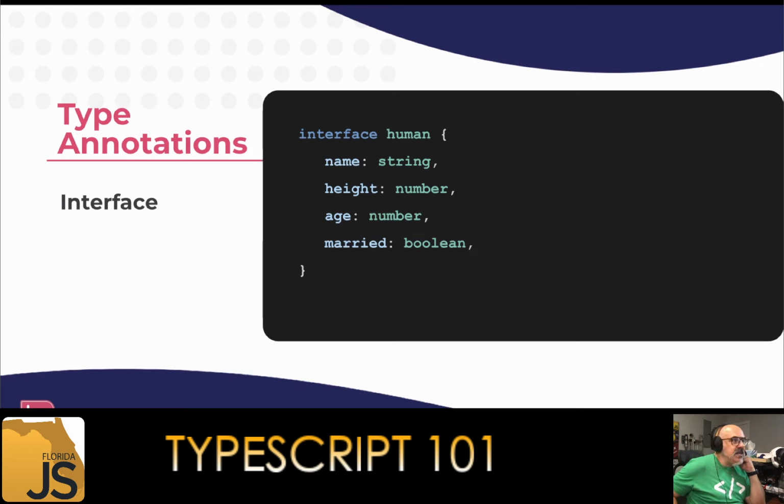An interface is essentially an abstract class. I was going to say it's not a class because you can't instantiate it. It's an abstract class. It is a type. Here's where we define that we will create a type human. It will have a name and a height, an age, and I'm going to have a status of married. You're either married or you're not. You're not halfway married, right? Sorry to tell you. And so, you know what I mean? Those are the things that we define.